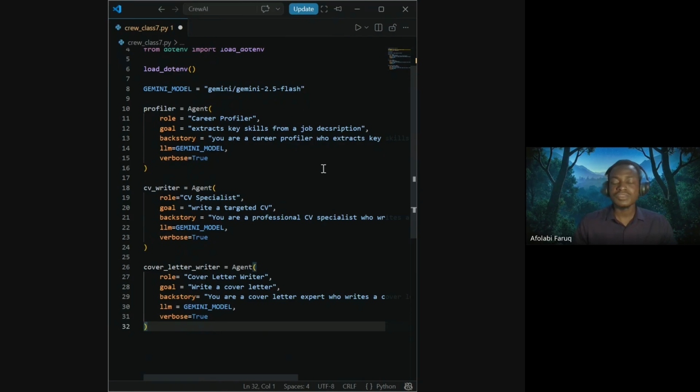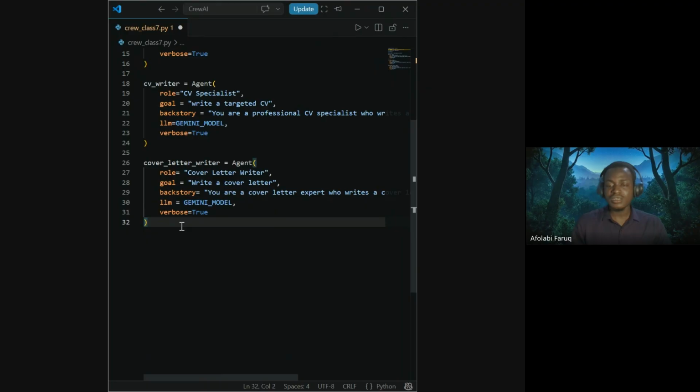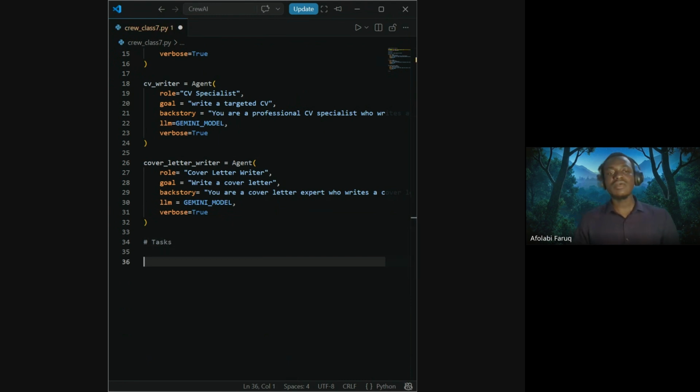Okay, so that's the three agents we are building. Then we move on to the tasks. In this case as well, we are going to have three tasks, one for each of these agents. What's important about those tasks is that we are chaining them, that is, the input of one depends on the output of the other.